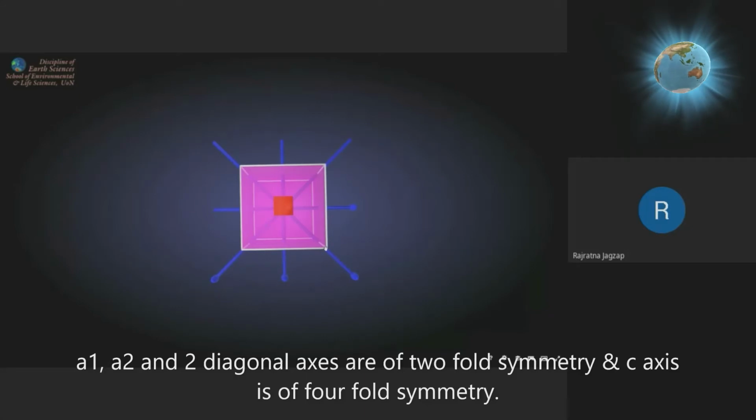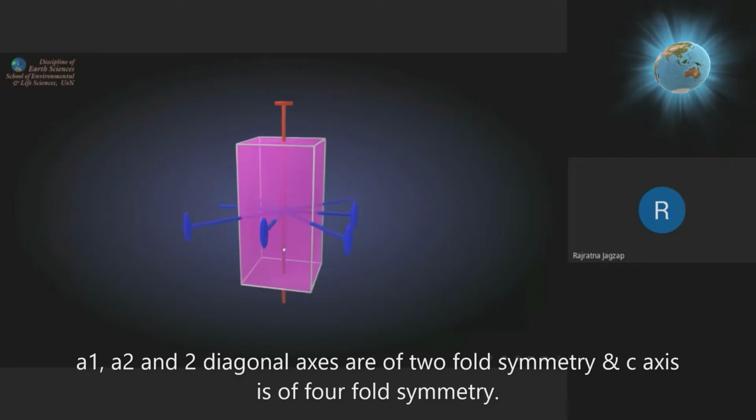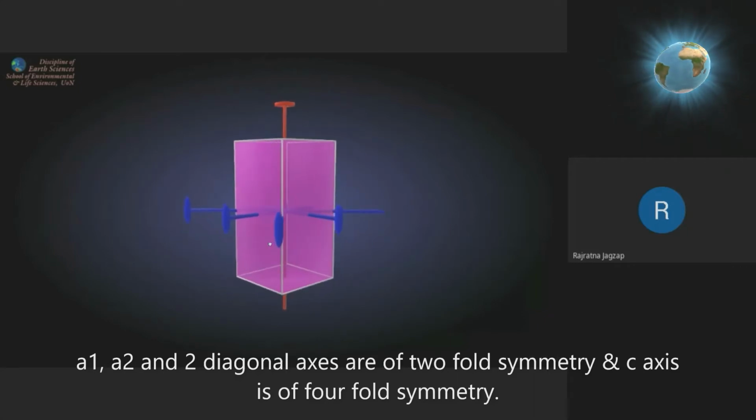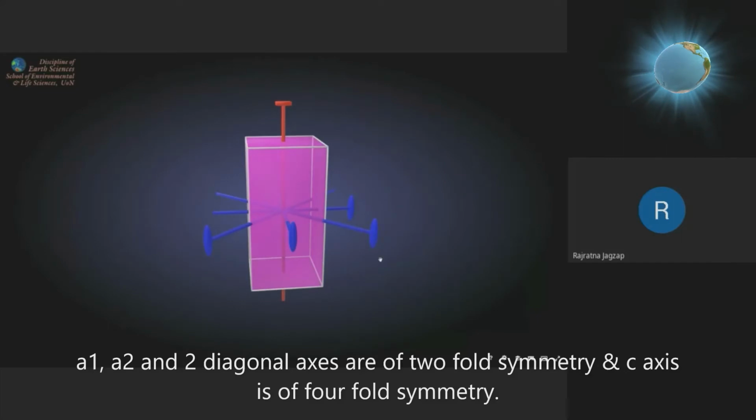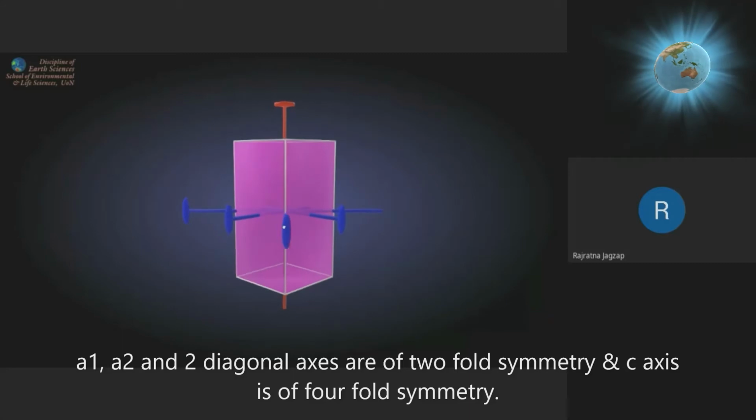They are two diagonal axes, 1 and 2. So how many times of fold symmetry are they showing? Let's see along this direction and rotate it clockwise or anti-clockwise. This is what we see. We hold it in the front side. How many faces are we seeing? We are seeing only 2 faces at the front side, 1 and 2.